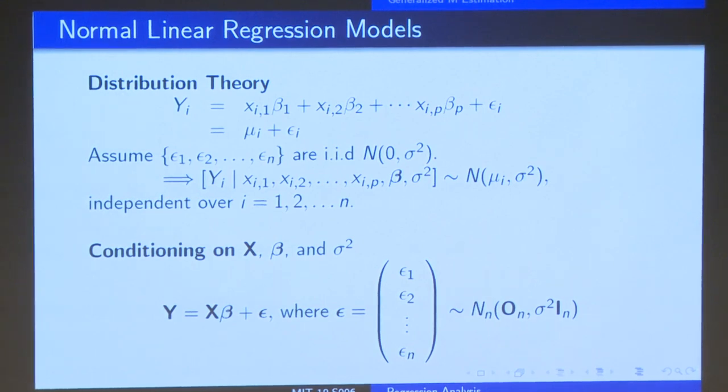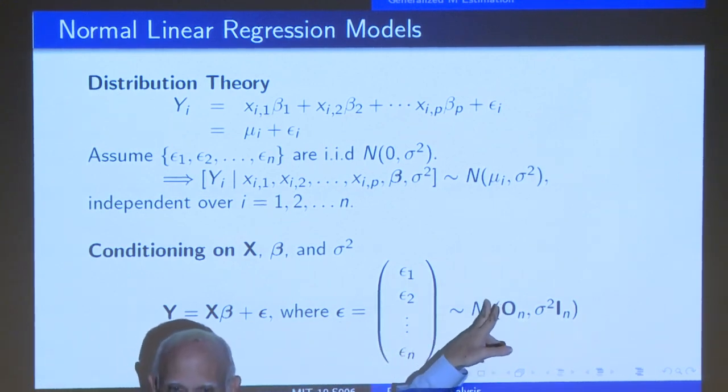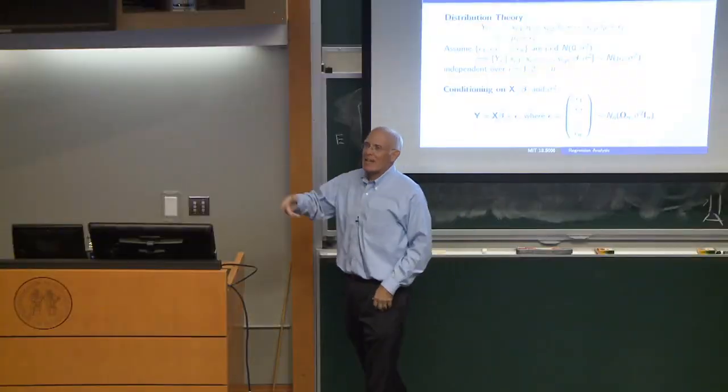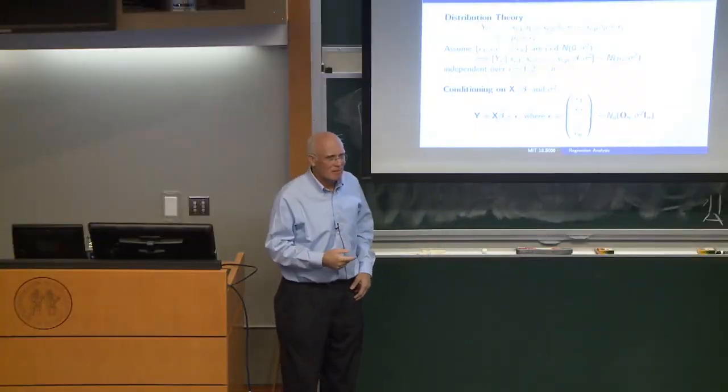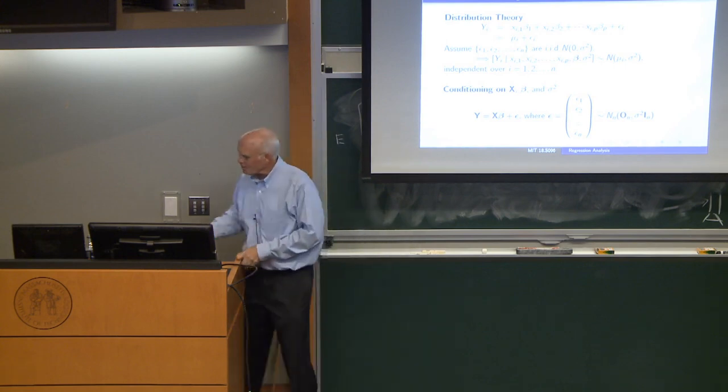Anyone here who's taken a beginning probability class knows what the density function is for this multivariate normal distribution, because it's the product of the independent density functions for the independent components, because they're all independent random variables. So this multivariate normal random vector has a density function which you can write down given just your first probability